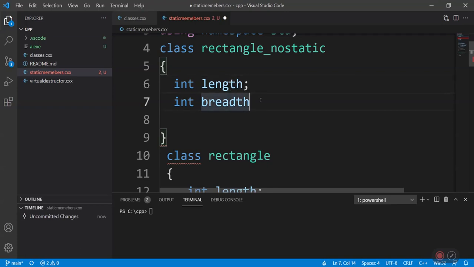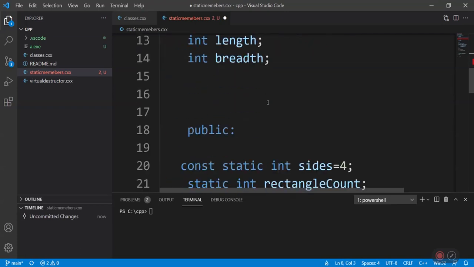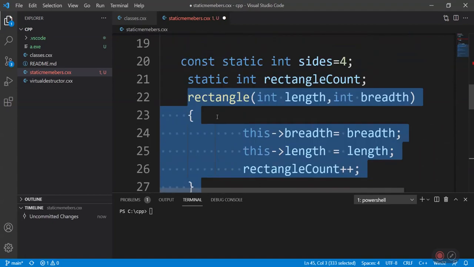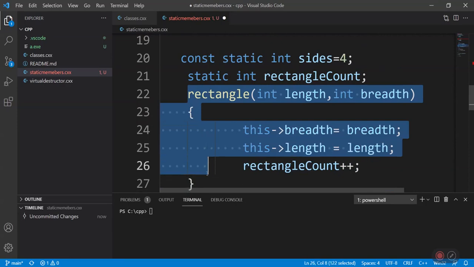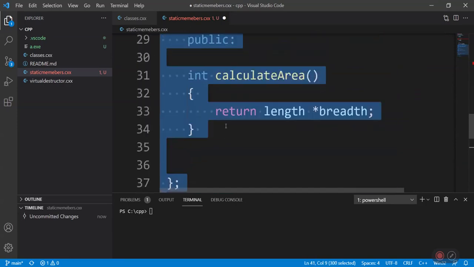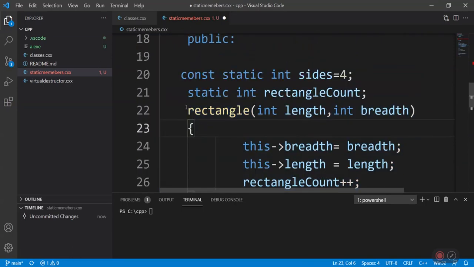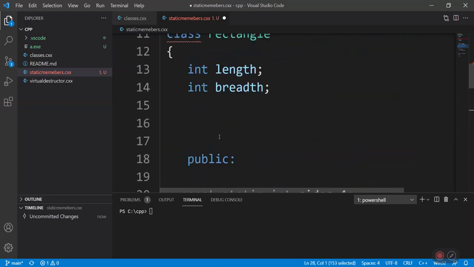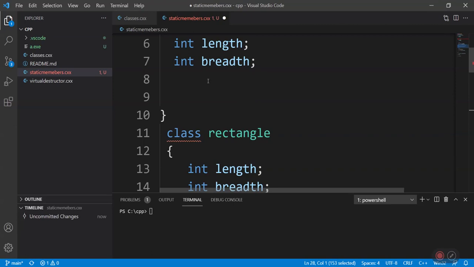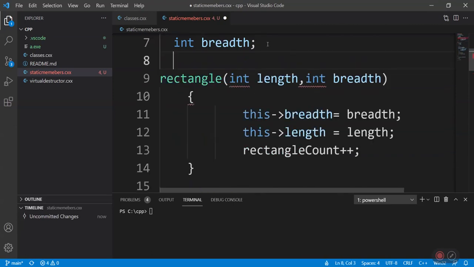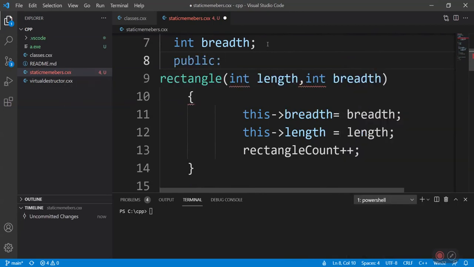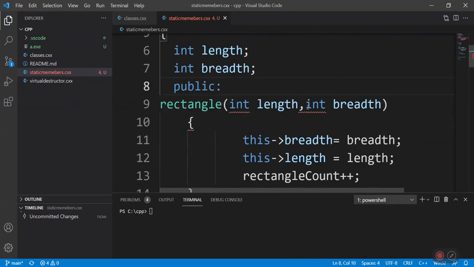Let's write our constructor. We have to make our constructor public, otherwise the objects won't be created.